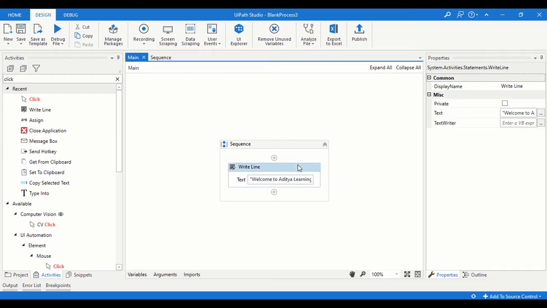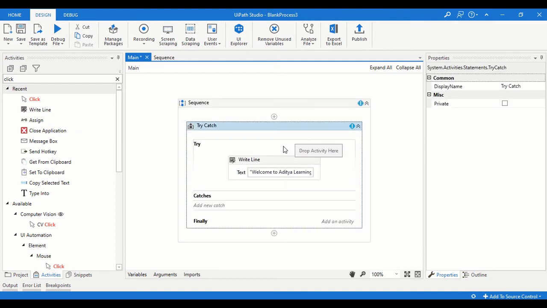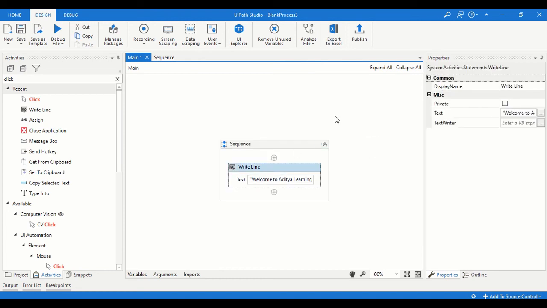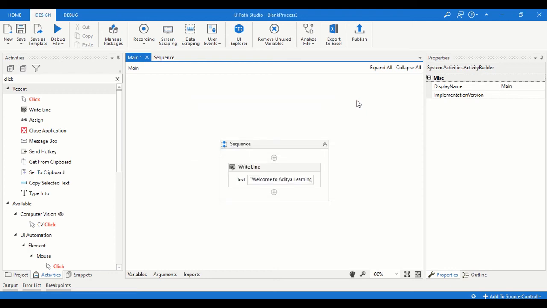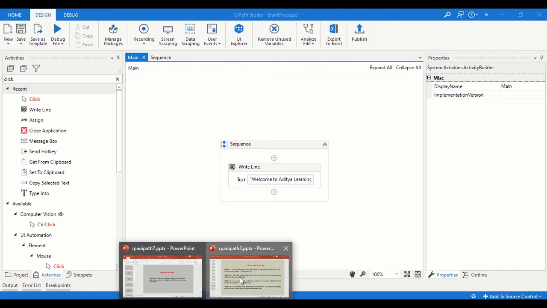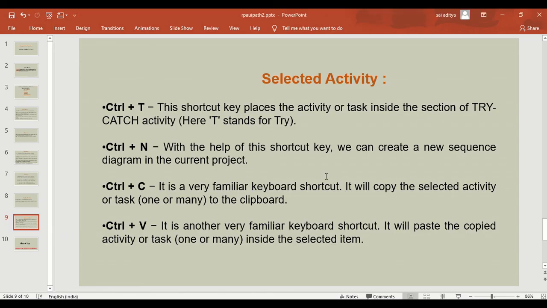If you click Control T here, a try catch box is included with the sequence that you have written. If you click Control N, there is a new sequence that you can create here, and Control C and Control V are the shortcut keys. These are all the shortcut keys in UiPath.